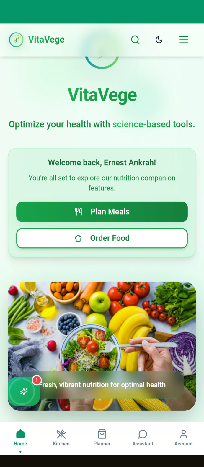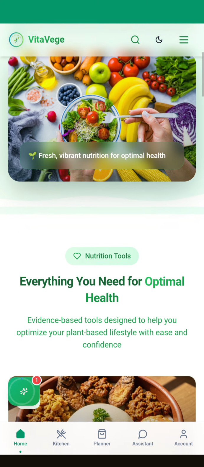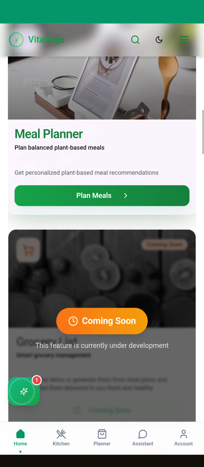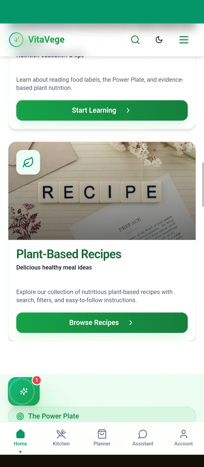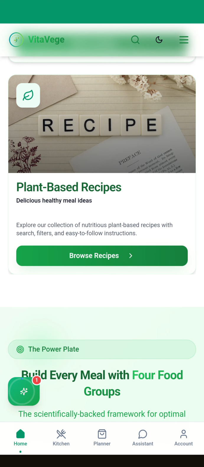In this brief tutorial, we're going to learn about the recipe tool. So, what's the recipe tool? The recipe tool is basically a tool that helps you to select the best food to eat. You don't have to know how to cook it because it gives you easy to follow instructions, and also there are a lot of filters that helps you to choose the meals based on your diet type and your nutrition